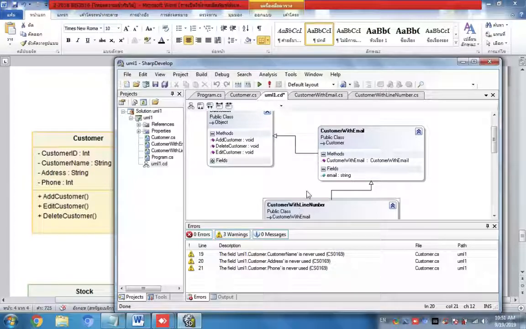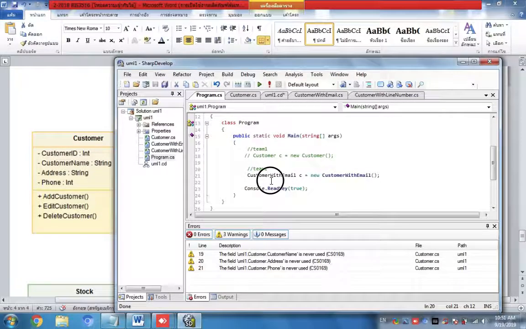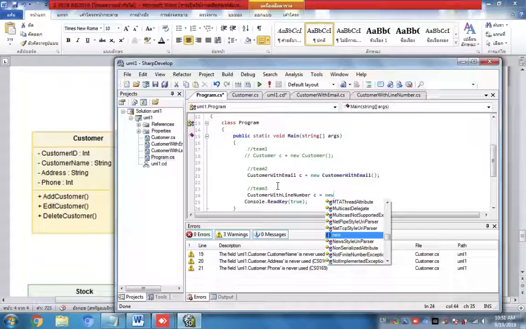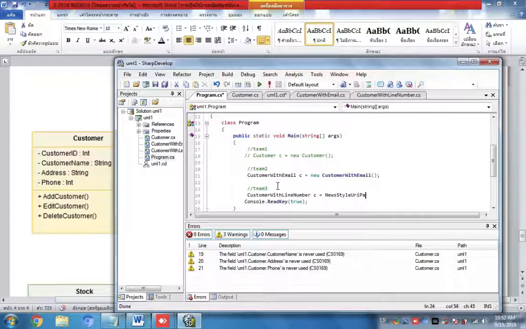All right. Now, the good thing about this is now another team, team number 3, can create another object here, and they say they don't want to mix up with team 1. They don't want to also mix up with team 2. They just want to have their own freedoms. When they created this new customer